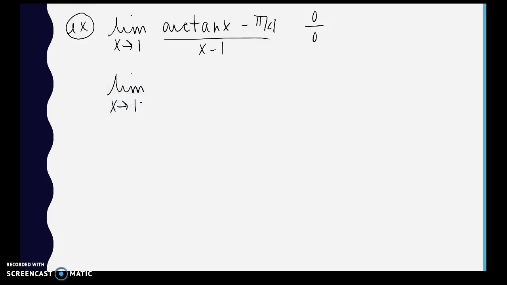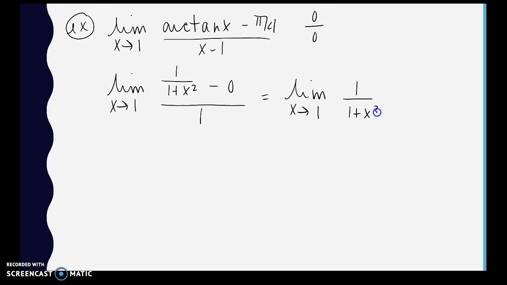Limit as x approaches 1. Derivative of arctan of x, 1 over 1 plus x squared. Derivative of pi over 4 is 0. And then the derivative of the denominator is just 1. This becomes the limit as x approaches 1. So now we can do direct substitution. 1 divided by 2, so we get a limit of a half. It works